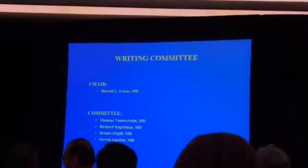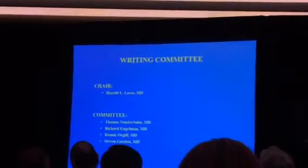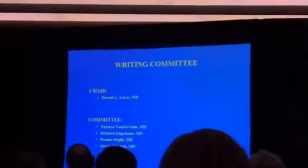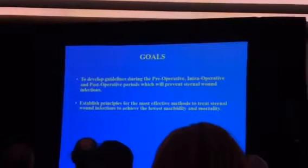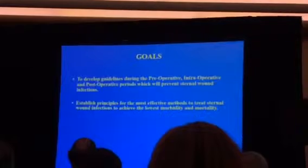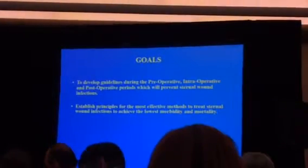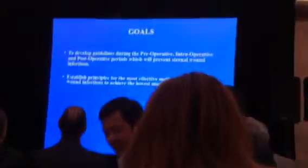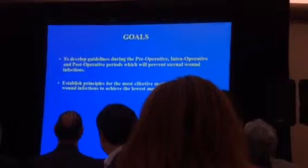It was over about a year ago that the AATS asked me to form a writing committee to look at ways to prevent mediastinitis and sternal wound infections. Our goals were really to develop guidelines for the preoperative, intraoperative, and postoperative periods, and also to establish principles for what would be the most effective methods to treat sternal wound infections when they occurred to lower morbidity and